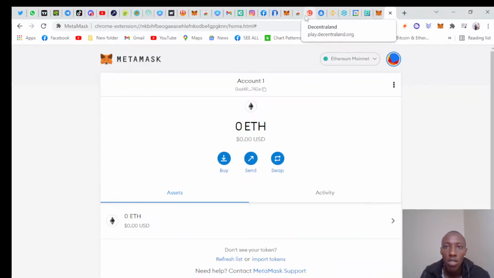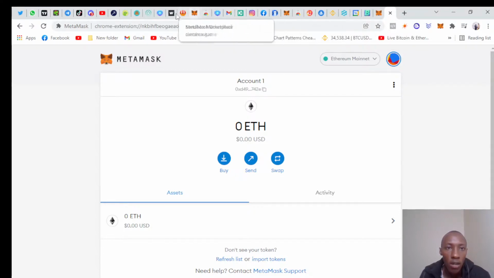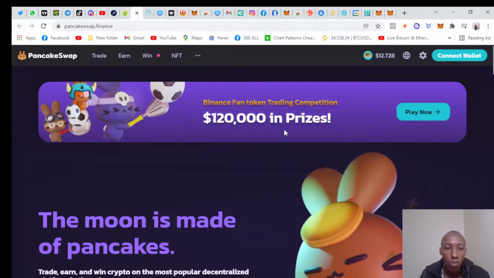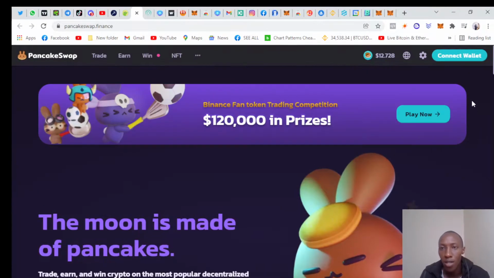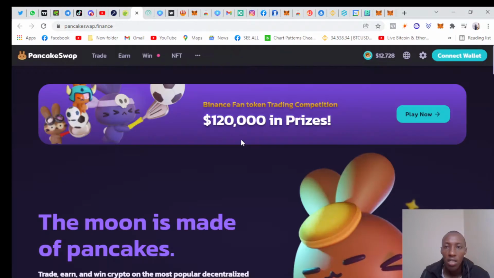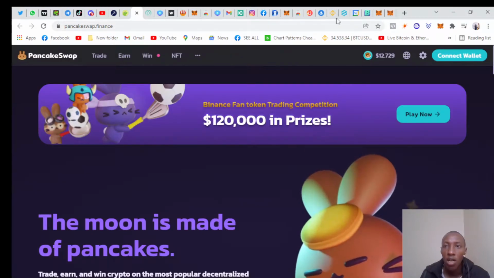So if you go to any site that requires you to connect your wallet, okay, let's go to PancakeSwap right here. If you want to buy tokens, this is a place to buy and sell tokens. Okay, just connect your wallet. It's going to ask you to connect your MetaMask, Trust Wallet, or other wallet. Just click MetaMask. When you click MetaMask,